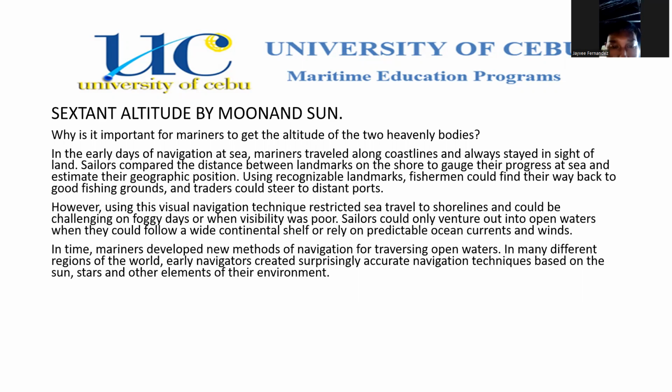Sextant altitude by moon and sun. Why is it important for mariners to get the altitude of the two heavenly bodies? In the early days of navigation at sea, mariners traveled along the coastline and always stayed in sight of land. Sailors compared the distance between landmarks on the shore to gauge their progress at sea and estimate their geographic position. Using recognition of landmarks, fishermen could find their way back to good fishing grounds and traders could steer to distant